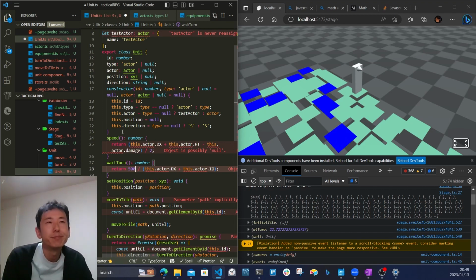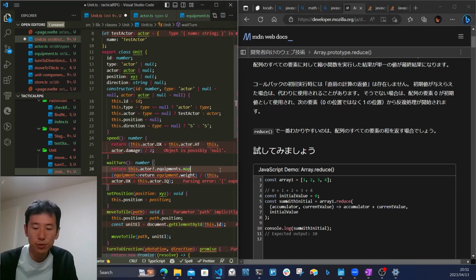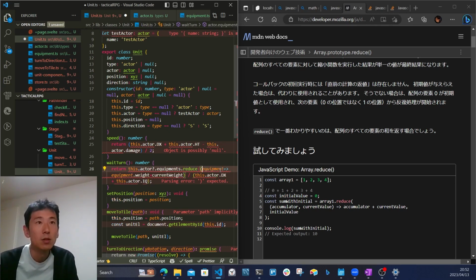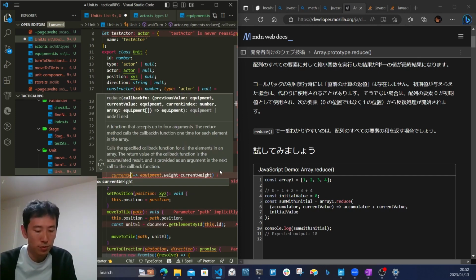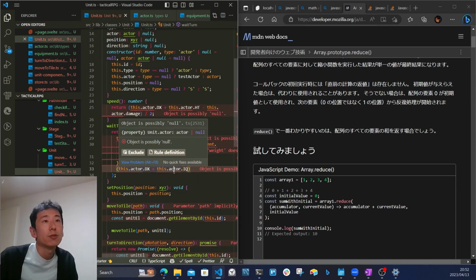If you have 10 kilos, reduce equipment weight plus current weight, and the initial value was 0. But so this is kilos, so 3 divided by